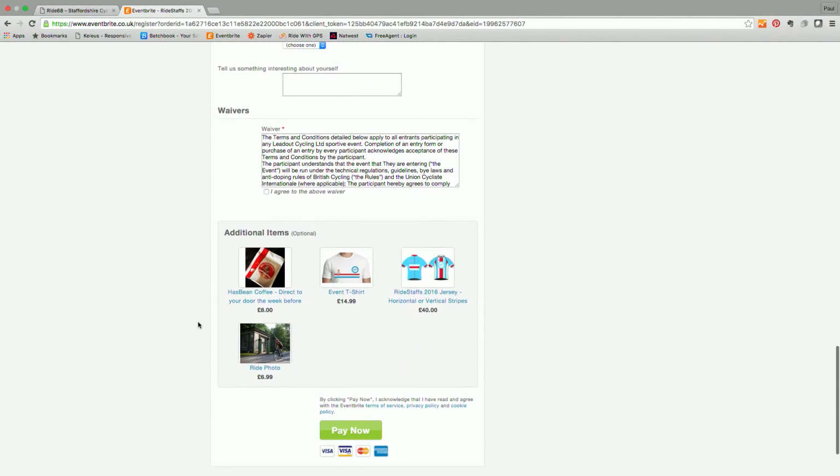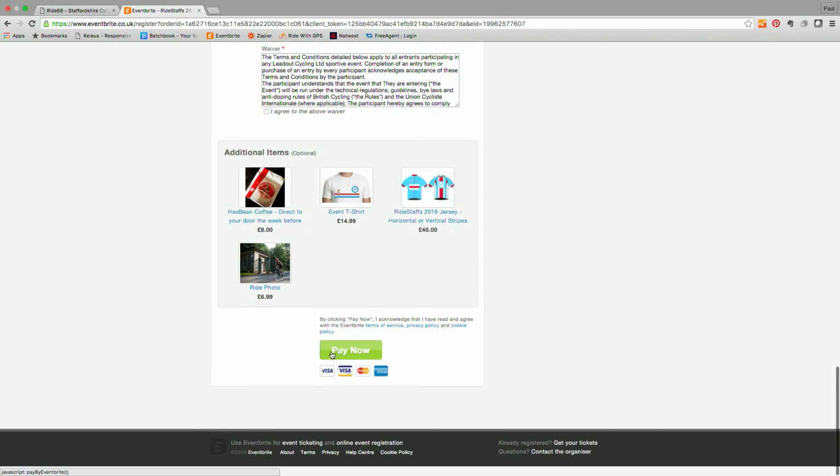And then lastly, we're onto the additional items. And you can see on there, we've got Has Bean coffee. We'll be making a coffee blend with the guys from Has Bean in Stafford again this year. And then there's t-shirts and jerseys, which again are made by Provision, which is a Staffordshire-based company. And lastly, if you want us to capture a photo of your ride and email it to you high-res after the event, you can pre-buy that at the point of entry as well. Once you're through there, you click on Pay Now,